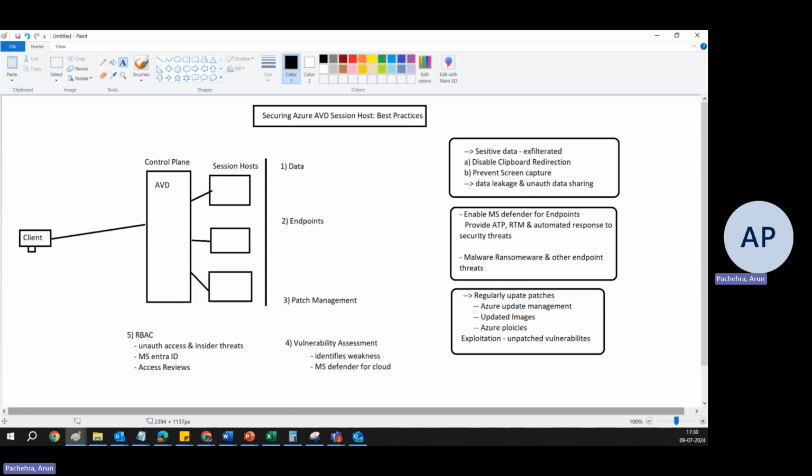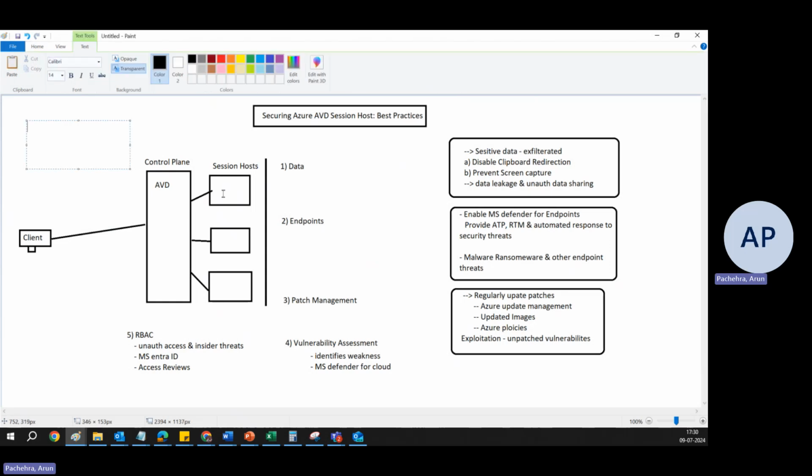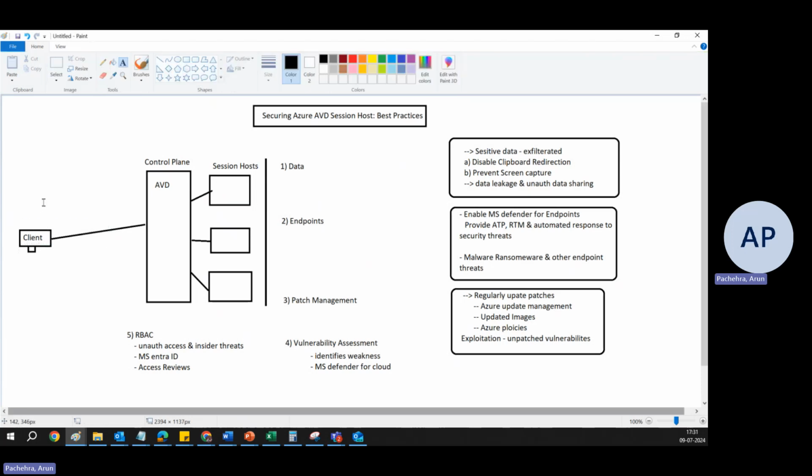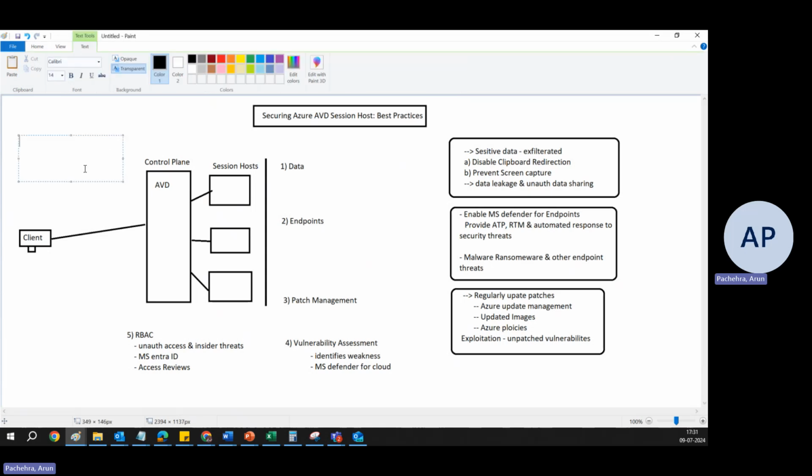Now let's talk about something which is really interesting. In case of a session host, suppose this guy just accessed it and forgot about it and went for a coffee or tea, then what can we do? We can have features like idle session timeout, or we can say screen lock, right? These things you find in our organization all the time on your desktop when you are in the organization, so